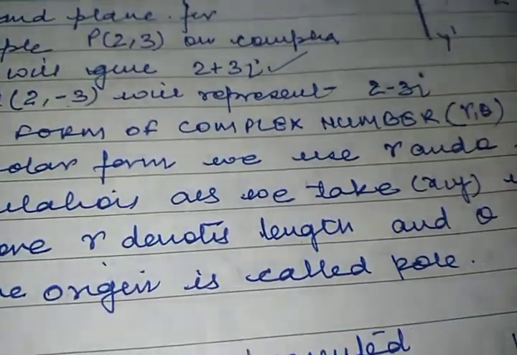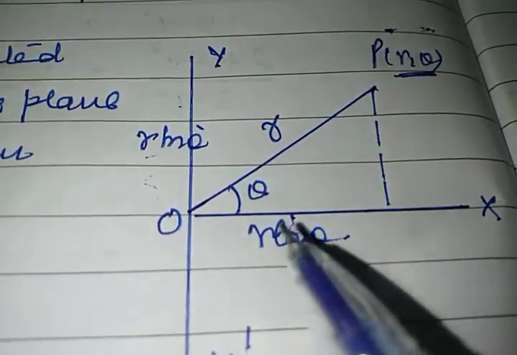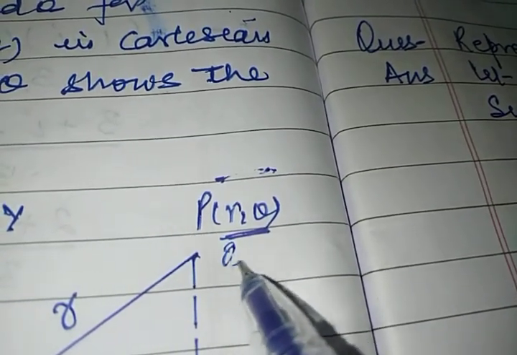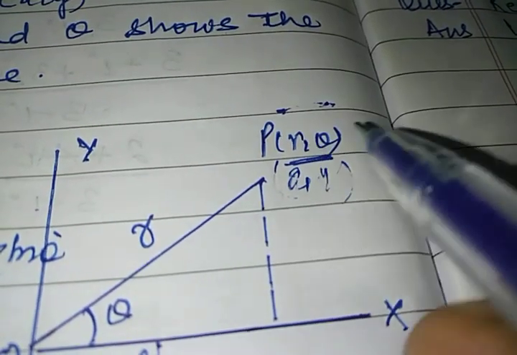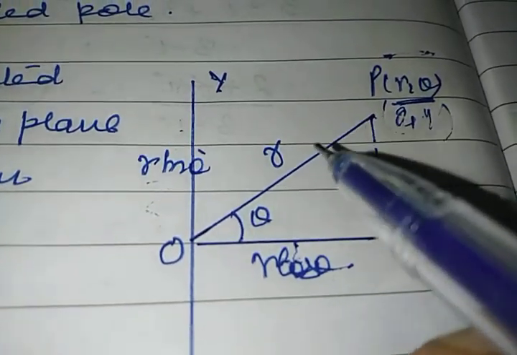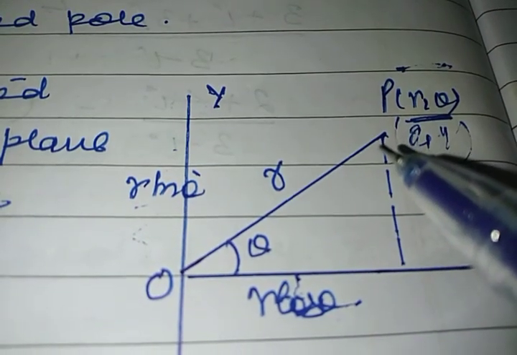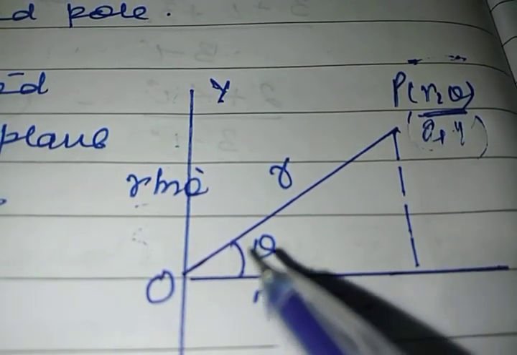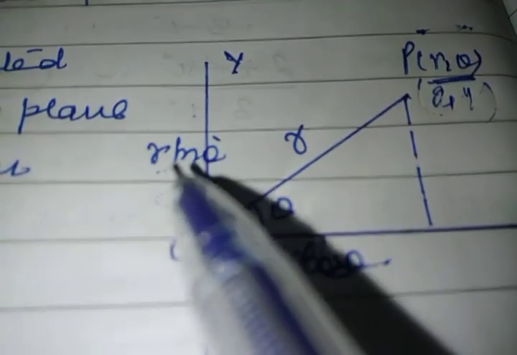Now see, here I have drawn the figure. This is your r. This is the point P(r, theta) corresponding to the point (x, y), whatever you want to plot here. So this corresponds to (x, y), and this will be (r, theta). Now by trigonometry, with this angle theta, this will be r cos theta and this will be r sin theta.